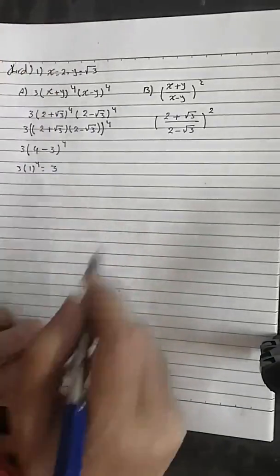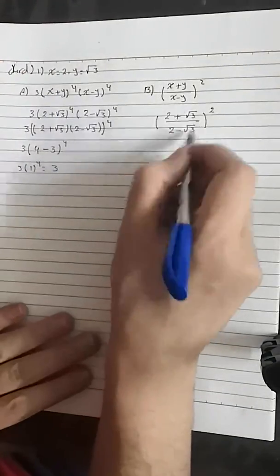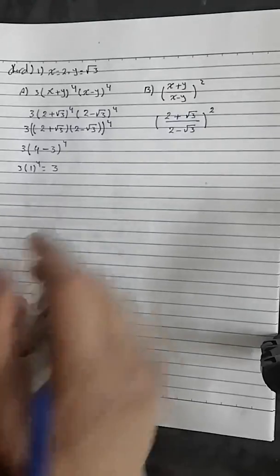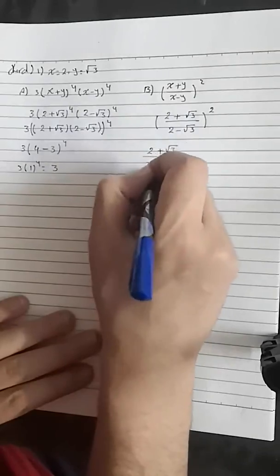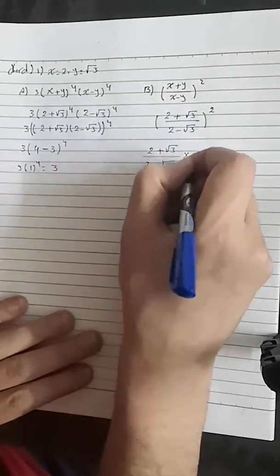We are going to work only inside the bracket. So I'm going to take 2 plus root 3 over 2 minus root 3 and multiply it by its